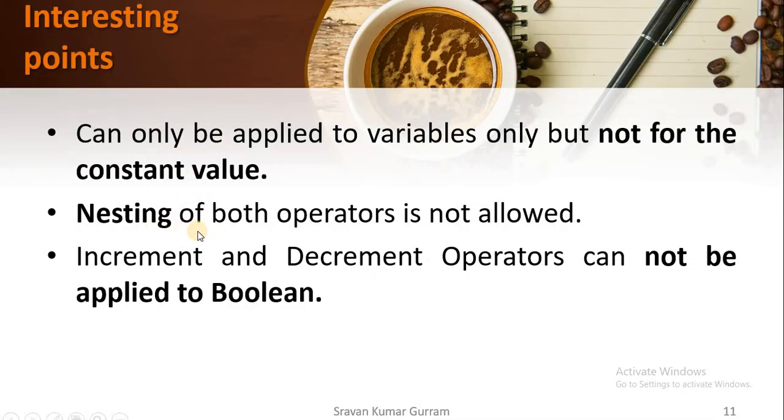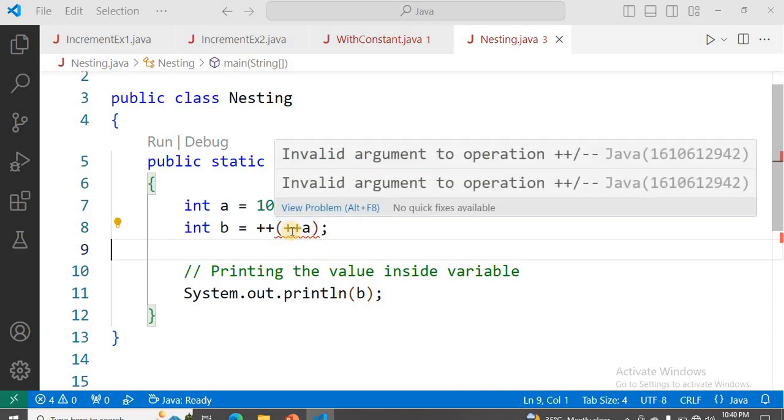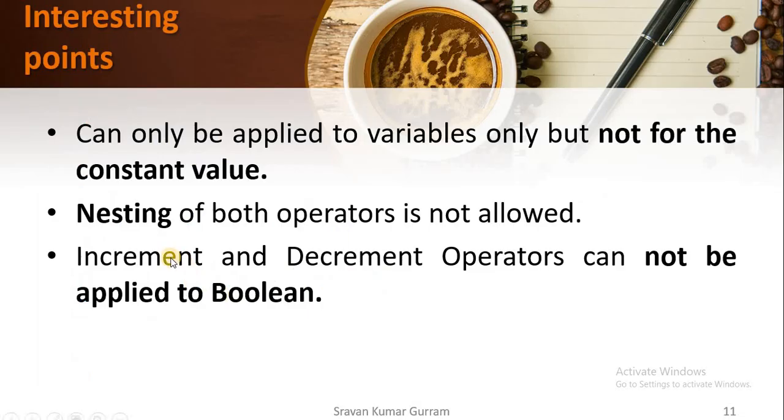Coming to the second point, nesting of the operators is not allowed. We should not write the increment or decrement operator in a nested format. See this example to understand that point. Observe this eighth statement. A assigned 10, that is the seventh statement. In the eighth statement, we are writing a nested increment operator. This is the outer increment operator. This is the inner increment operator. If we write like this, it raises an error: invalid argument to increment operation. The next point is, increment and decrement operators cannot be applied to